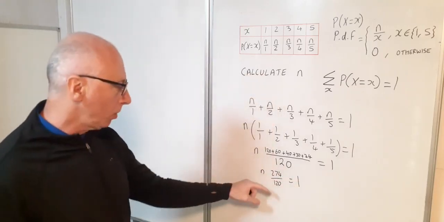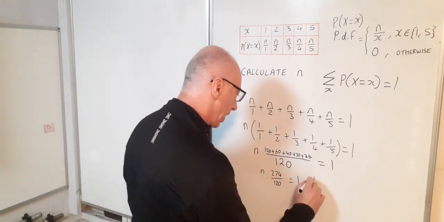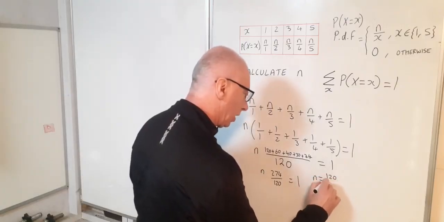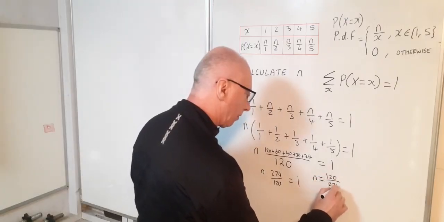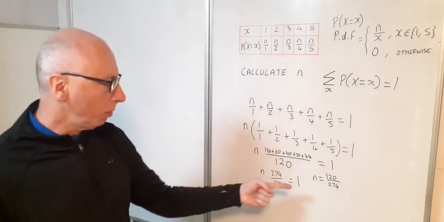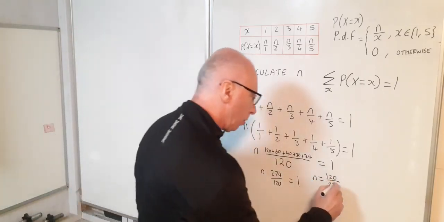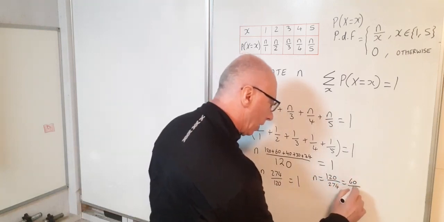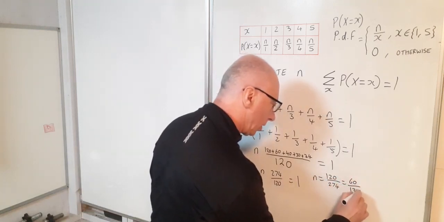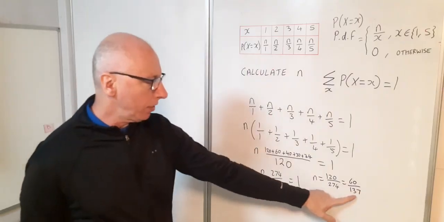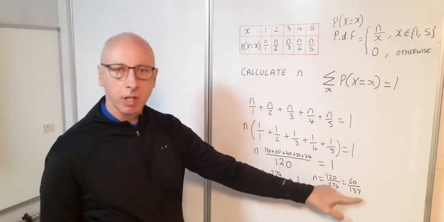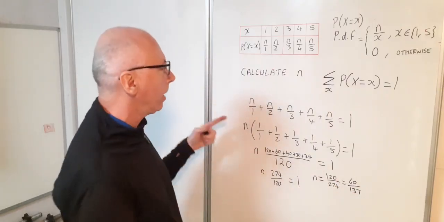So then multiply both sides by the reciprocal. So then n would be 120 over 274. Now I'm sure we can simplify that because for a start off they're both even numbers. So then we would have 60 over 137. And 137, that's a prime number, so we know we've found our limit there. So n equals